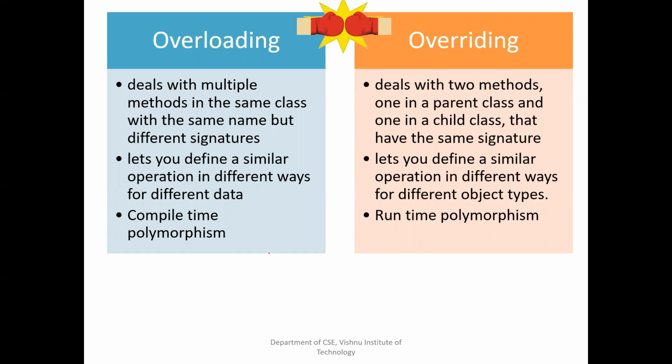People may also ask overriding versus overloading. See, overloading happens in a single class, overriding happens between the inheritance hierarchy. Through these two, we achieve polymorphism. Through overloading, we achieve compile time polymorphism. That means which method I need to invoke is evaluated at the time of compilation only. So with the help of the number of arguments, we achieve compile time polymorphism through overloading.